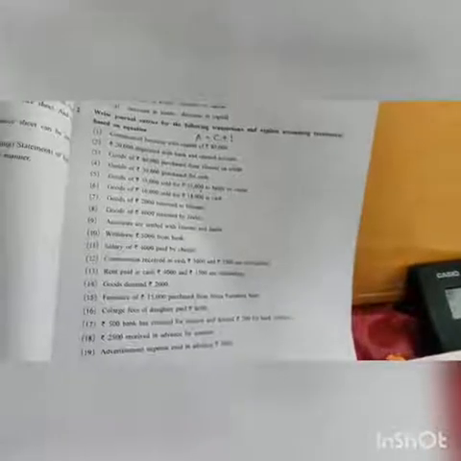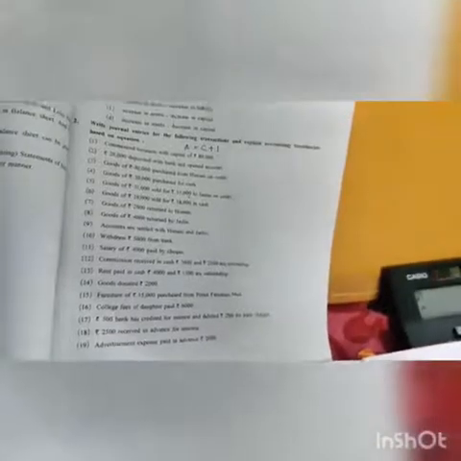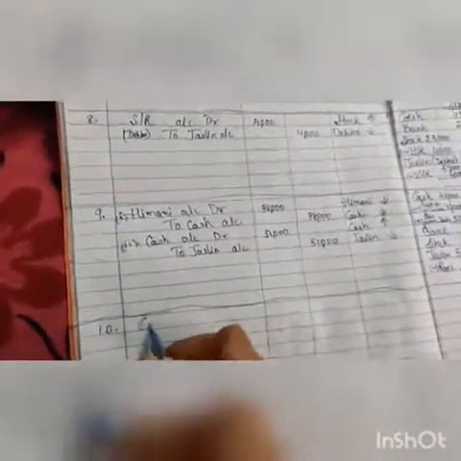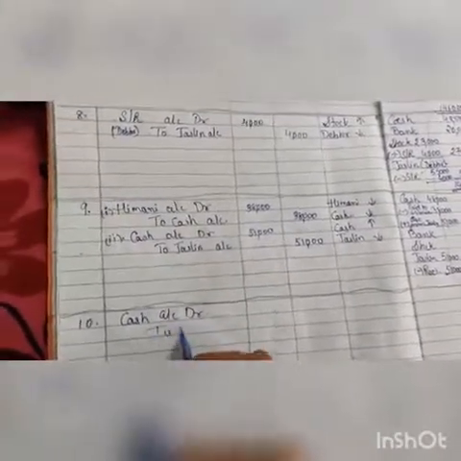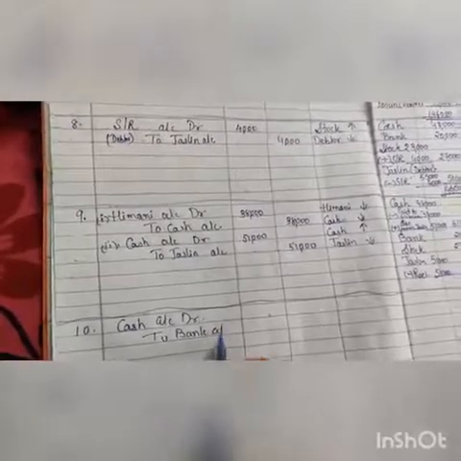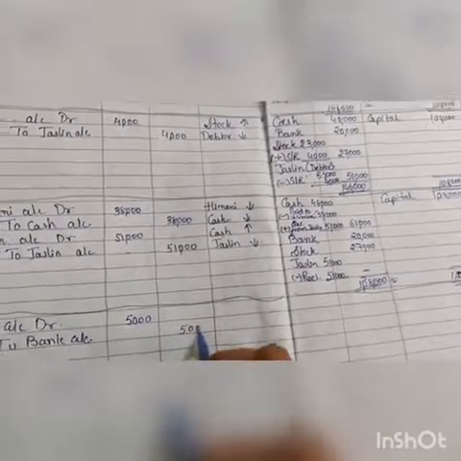Now see transaction number 10, withdraw 5,000 from bank. So what will be the journal entry for this? You are withdrawing cash. So cash is coming and bank is giving you the money. So bank will be the giver. So here what will be the journal entry? That is 10th. As cash you are receiving, the cash account debited and bank is the giver. So to bank account, the amount mentioned is 5,000. So here we will write down 5,000 on both the sides, 5,000, and here also 5,000.